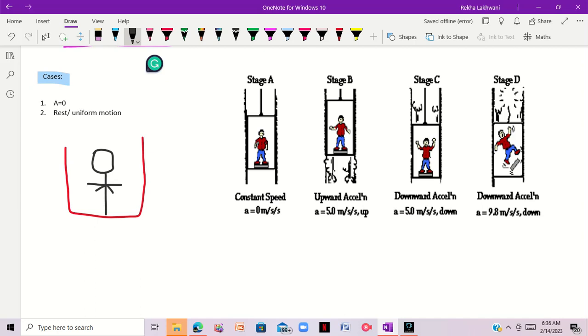And the acceleration is equal to 0, and we are assuming that this body is at rest. When the body is at rest, the apparent weight and the real weight must be equal. Let's consider the force is equal to,